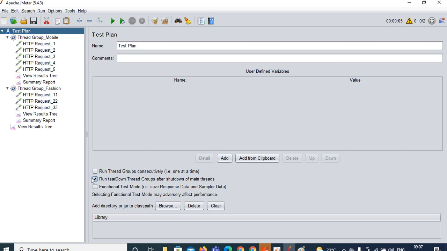Okay, if you don't want to continue the users, you can stop the users in the middle of the iteration itself. At that time, you can uncheck the checkbox. Don't be confused. If you want to carry the users forward, then you can check the checkbox. I don't want to carry the users, I want to stop the users in the middle of the iteration itself,